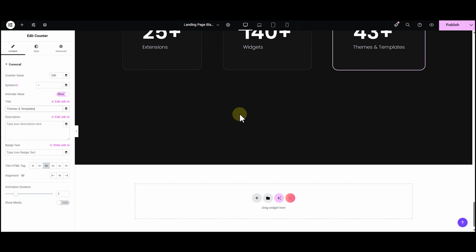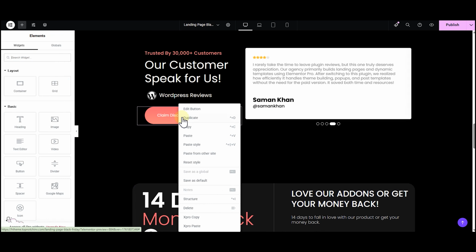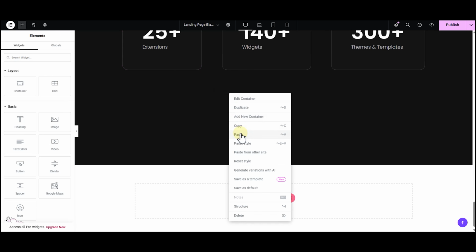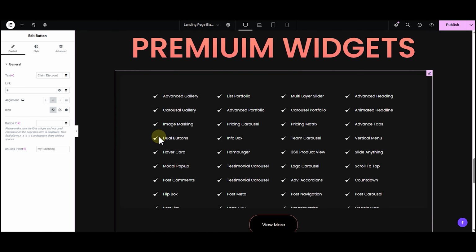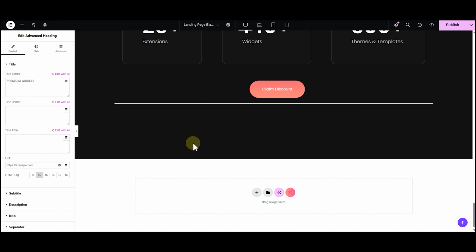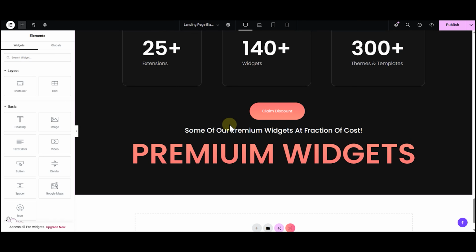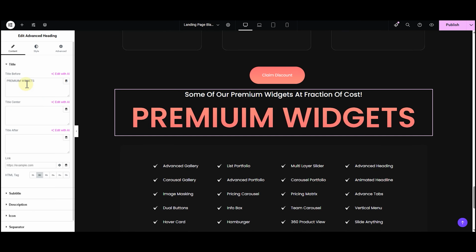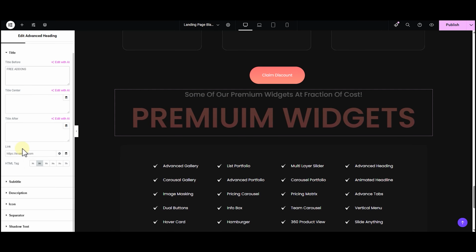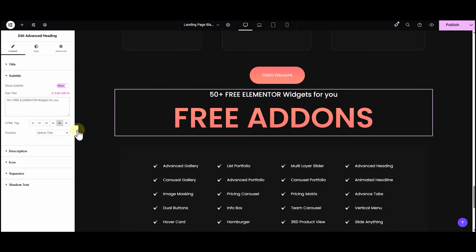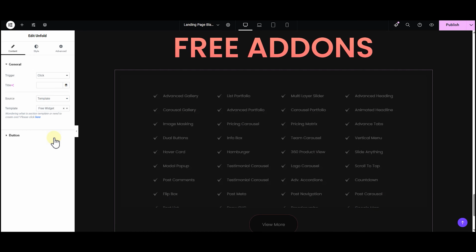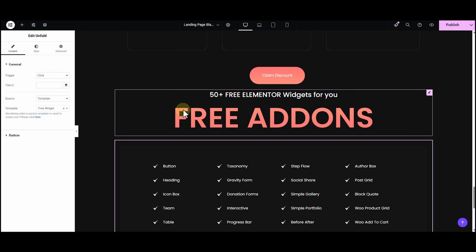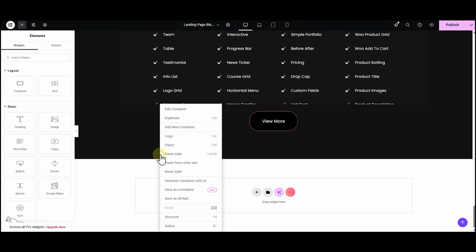Now for the free add-ons, copying and pasting this section again. Changing the template to free add-ons. Now for the free features, let's copy the section again and paste it.